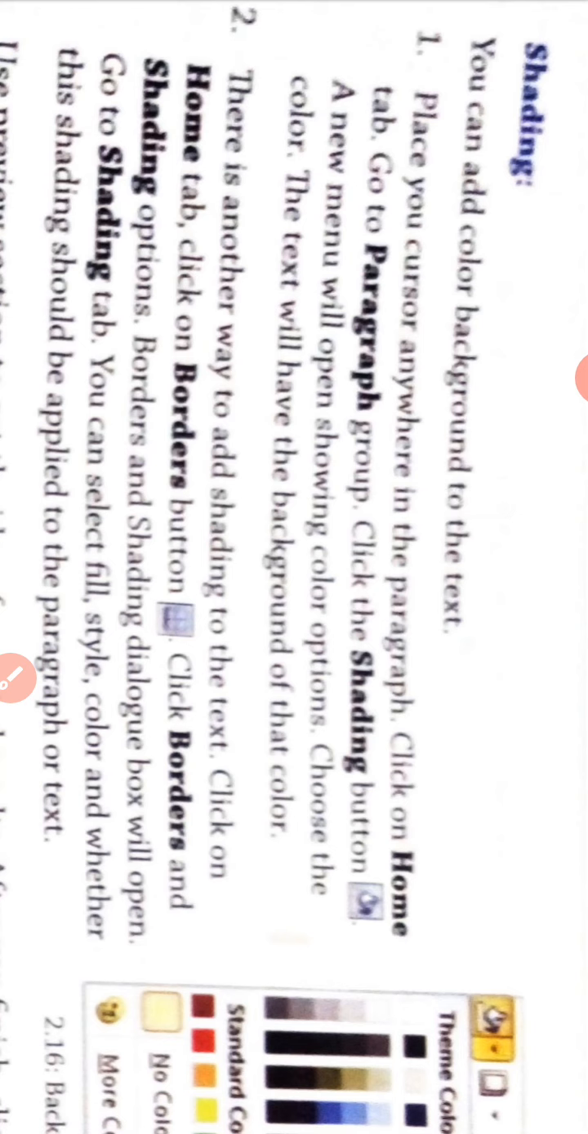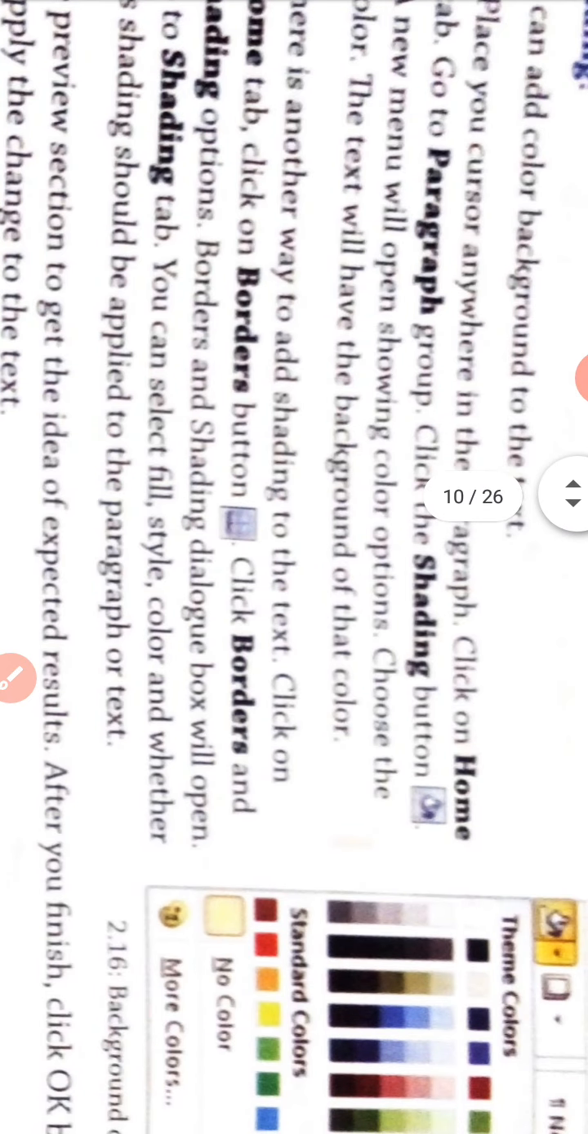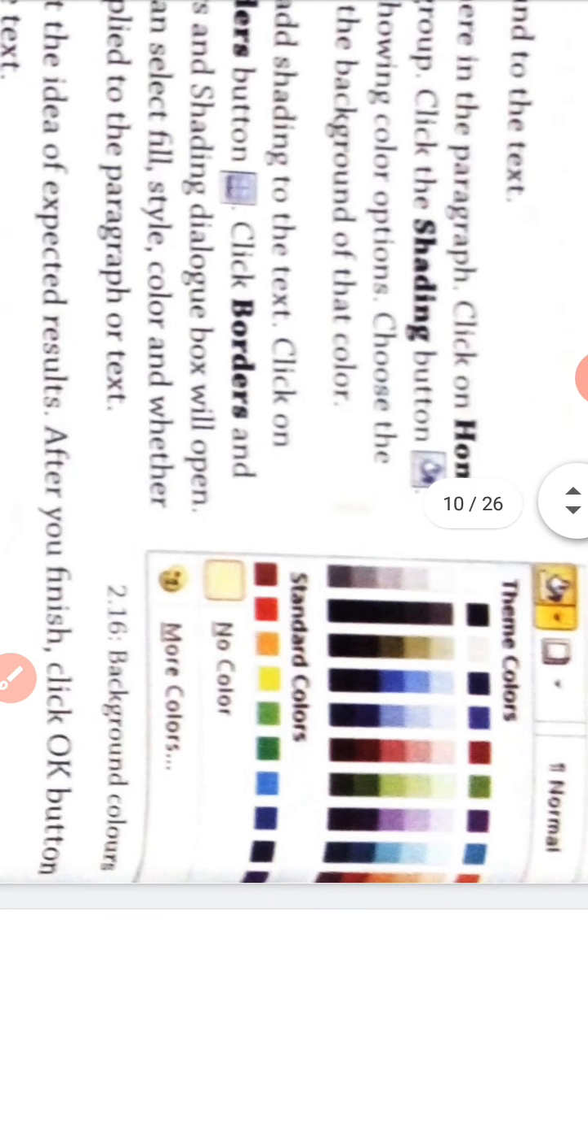Shading. You can add color background to the text. The following steps are to be followed. Step 1. Place your cursor anywhere in the paragraph. Click Home tab. Go to Paragraph. Click Shading button. A new menu will open